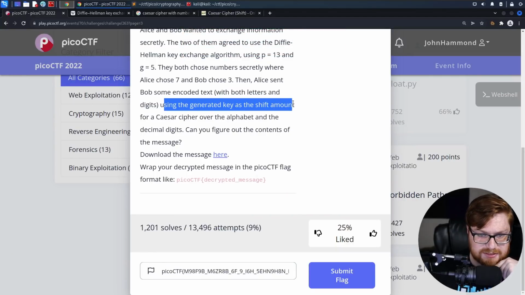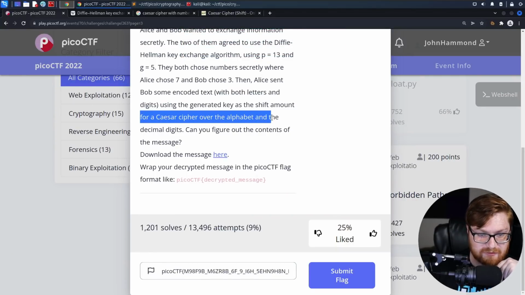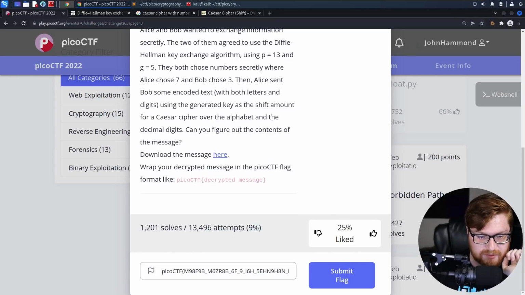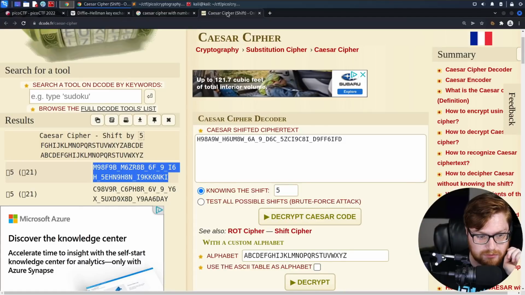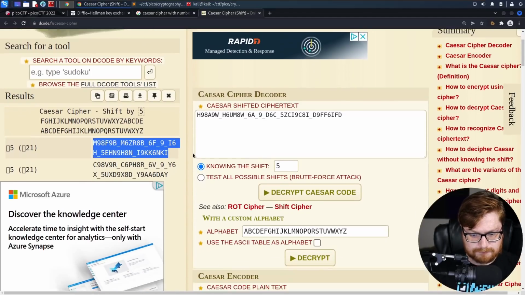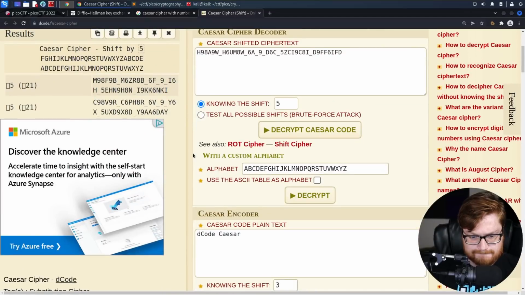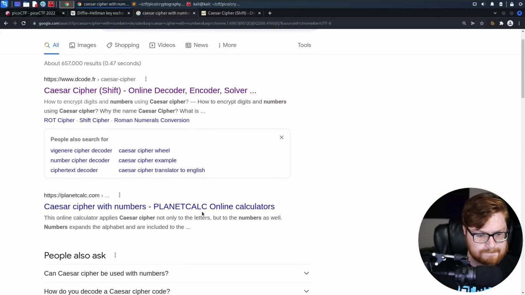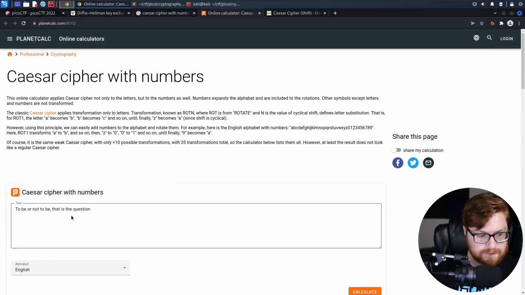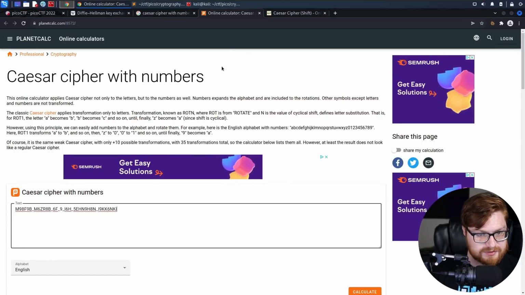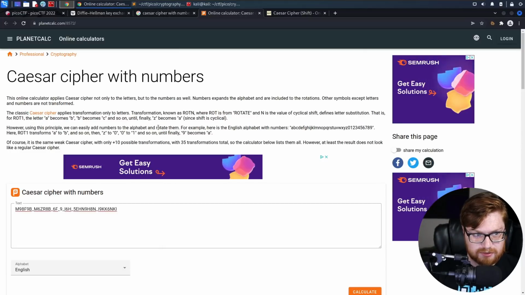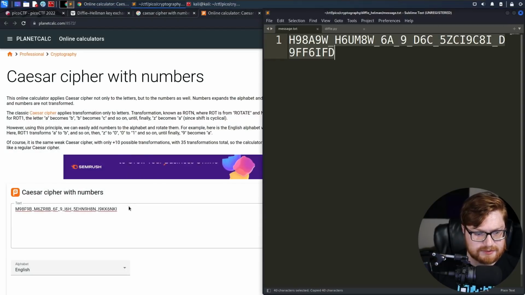Using the generated key as a shift amount for a Caesar cipher over the alphabet and the decimal digits, can you figure out the contents of the message? So we would rotate numbers as well, though. Does Planet Calc have a better tool? I think that says it does include the numbers here. So let's get the original string, slap it in,